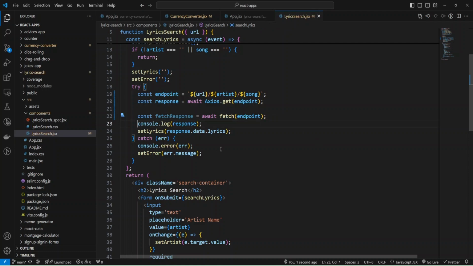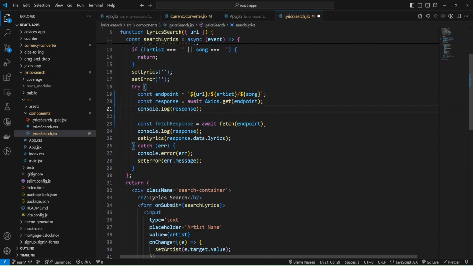And here I can make a console log of response, and here provide the fetch response.